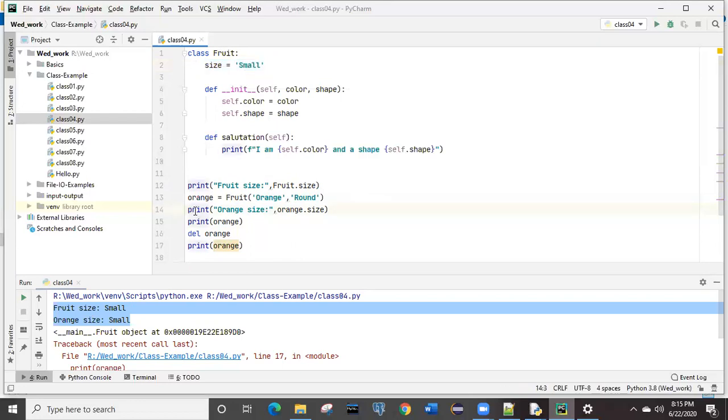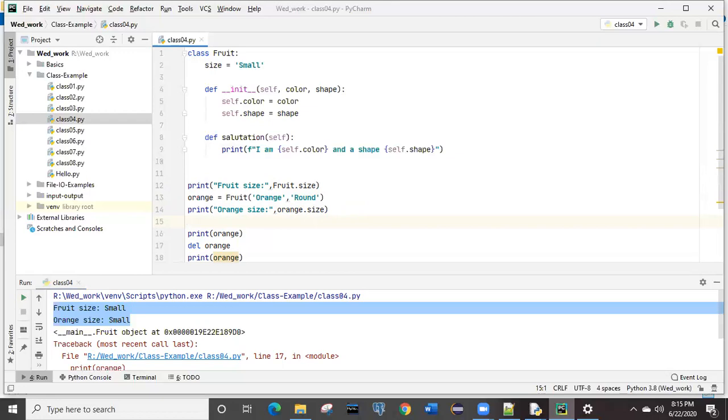Both ways you can access it. Got it? But the content which is present in the class will always be present inside the object also. Why? Because the object is a part of the class only. It is an instance of the class itself. Got it? So up to this, you don't have any doubt, right?